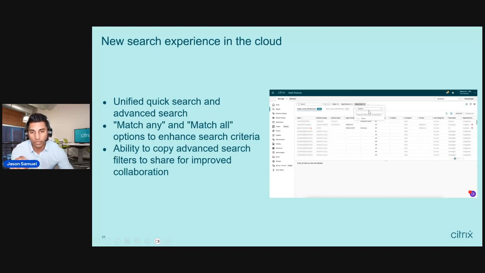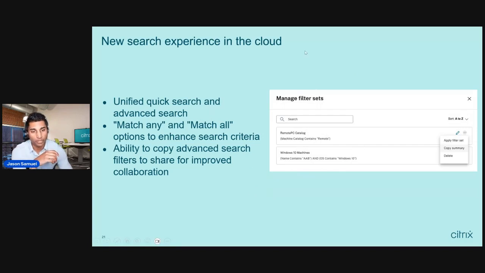It gives you the ability to drill down and filter to whatever level you need. It's also nice to be able to copy these filters out to other people on your team, because if you keep using essentially the same query to look at machine catalogs and particular machines, you can take that query and share it among your team so everybody can utilize the same filters if needed.